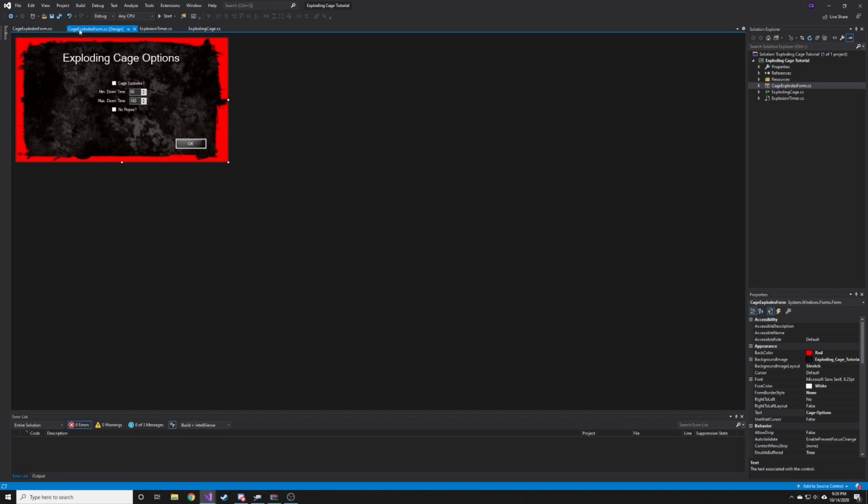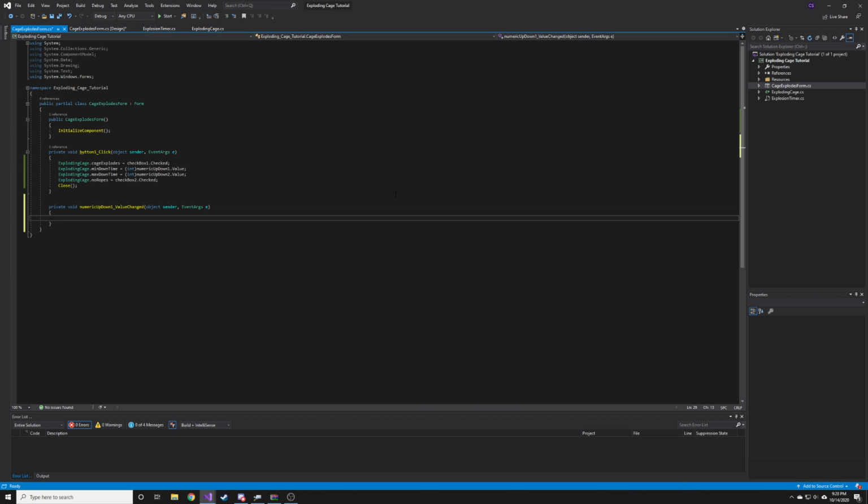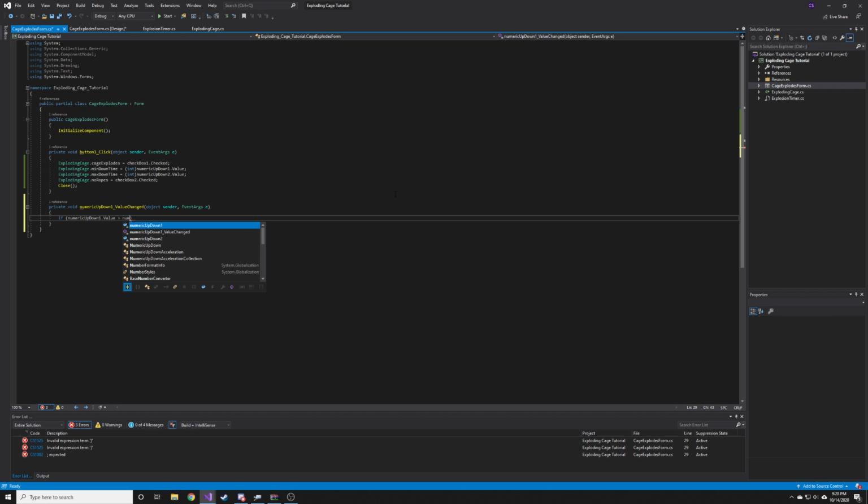So when you have something that is a minimum and a maximum, like these boxes here, you never want the minimum to be able to go above the maximum, or the maximum to be able to go below the minimum. So what we're going to do is make sure that that can't happen. So we're going to click this, and we're going to say if numericUpDown1.value is greater than numericUpDown2.value,